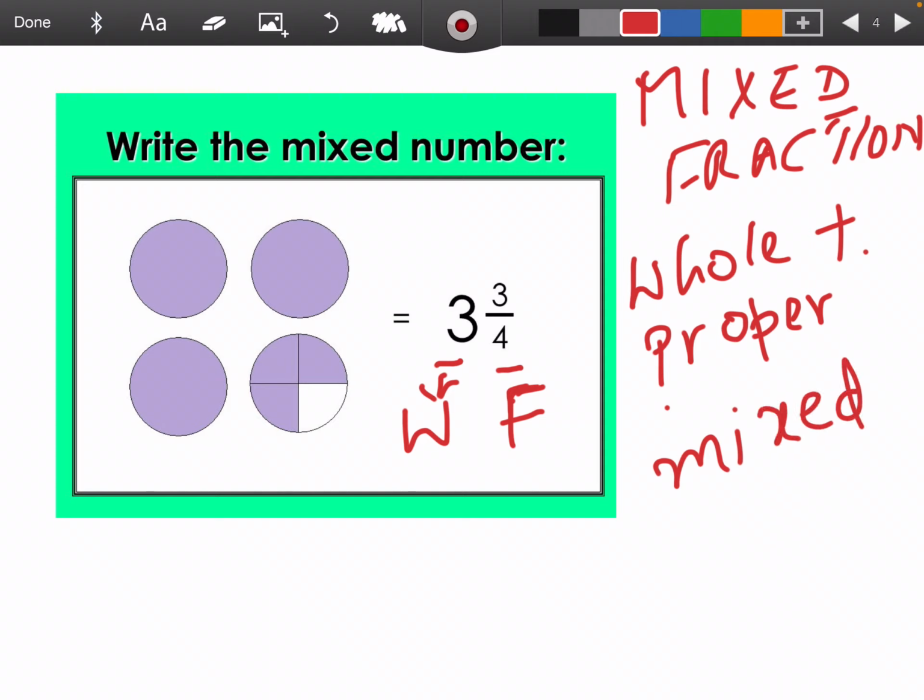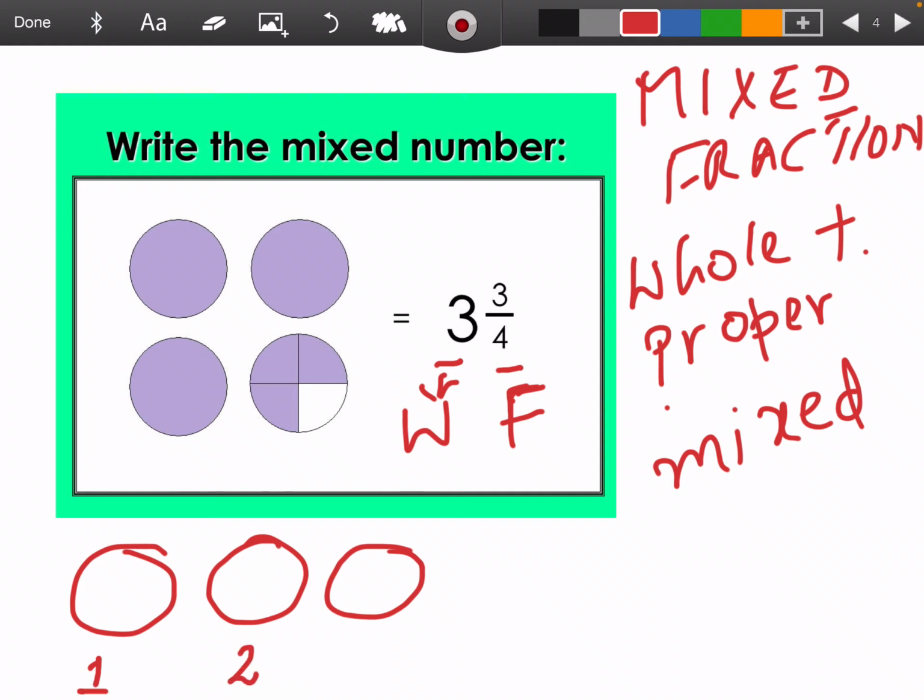Let's see an example. When do mixed fractions come into the picture? Let's assume that there are 3 cookies and there are 2 kids who need to share these cookies. Let's assume the first kid takes the first cookie and the second kid takes the second cookie, and we are left with 1 cookie now, and this cookie has to be shared with the 2 kids. So when those 2 kids have to share this third cookie, what do they do? They divide it into 2 equal parts and each one gets 1/2, isn't it?